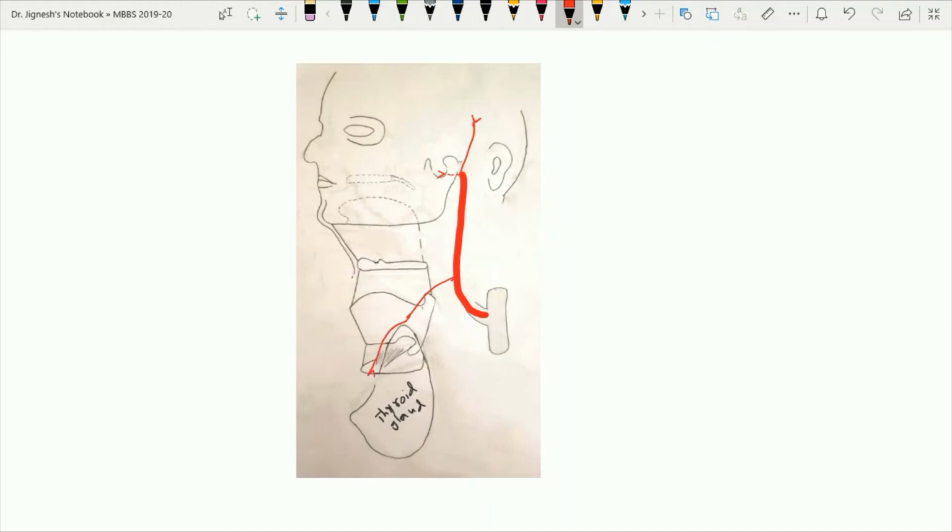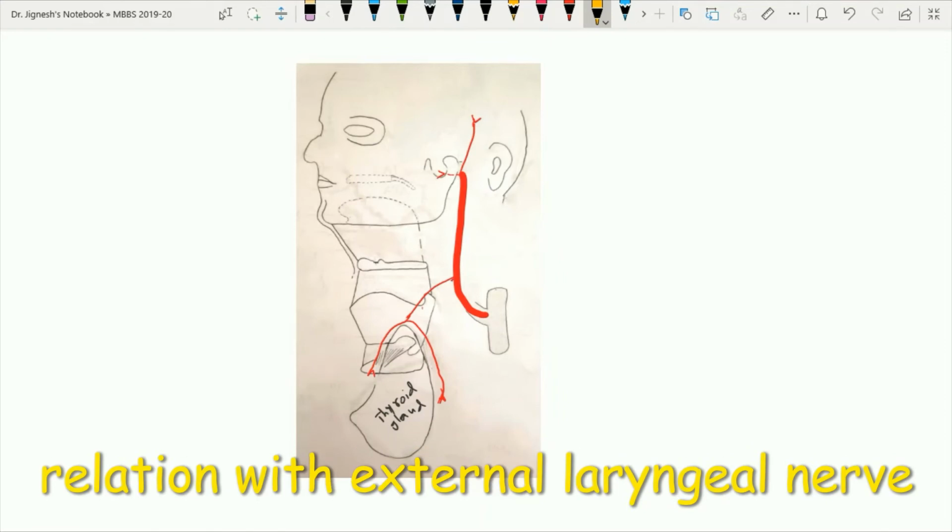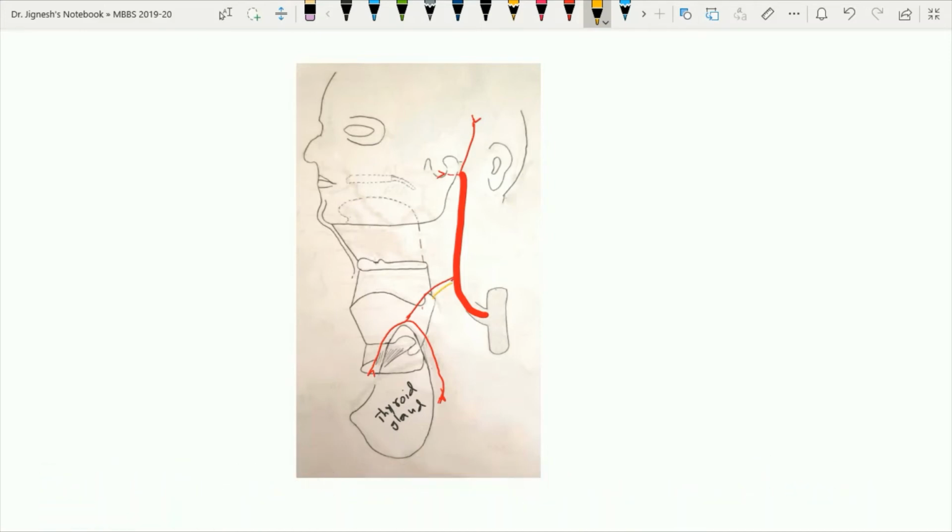One passes anteriorly, that is the anterior branch, and one passes posteriorly, that is the posterior branch of the thyroid artery. The superior thyroid artery lies on the inferior constrictor muscle, and it is closely related to the external laryngeal nerve, which lies posteromedial to it. Just at the upper border of the thyroid gland, this nerve deviates from the superior thyroid artery and passes deep